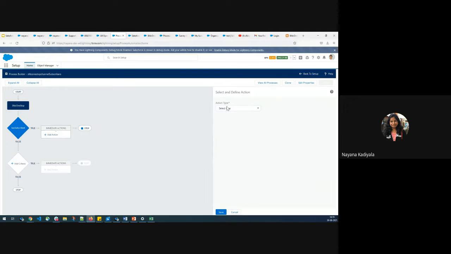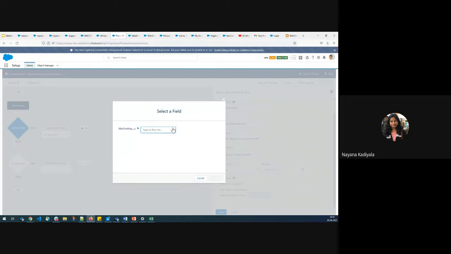Step three is to choose which action needs to be invoked. Since we are talking about surveys, I want to choose send survey invitation. Basically, I want to trigger the survey whenever the criteria, channel subscribed equal to true, is met. Channel subscribed will be my action name. And for select survey, again, I'll go with one of the active surveys. For email content, I always prefer to go with question. You can also choose the link as well. I want to embed the survey questions in the body of my email.